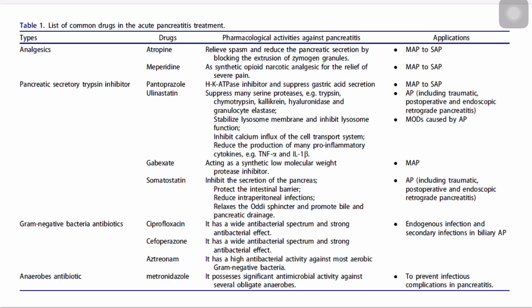Also, we can use ulinastatin, and also gabexate because it acts as a systemic low molecular weight protease inhibitor, or we can use somatostatin, which inhibits the secretion of the pancreas enzyme, protects the intracellular barrier, and reduces